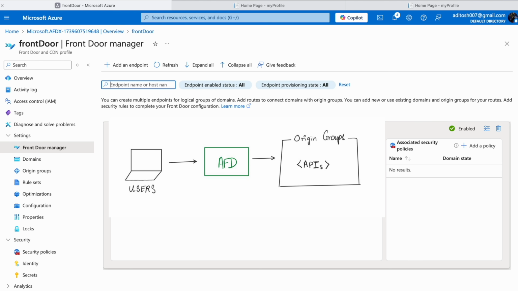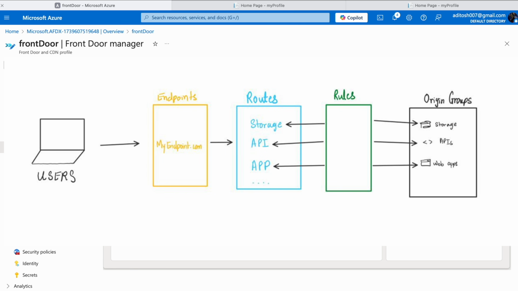What's happening is the user is talking to the browser and the browser is making contact with AFD, and then AFD is connecting the browser to the origin groups. That's the very top level view of what's happening. Let's take a deeper look at what's happening. So when we take a deeper look, what's essentially happening is the user hits an endpoint, and then that endpoint directs it to AFD, which is sitting on the edge, and then that endpoint will have a route like